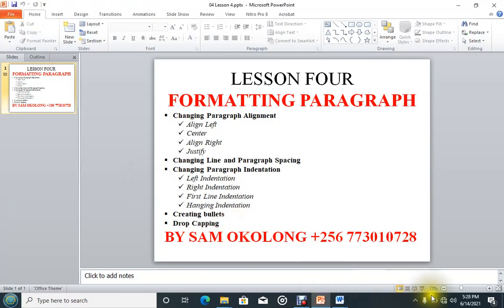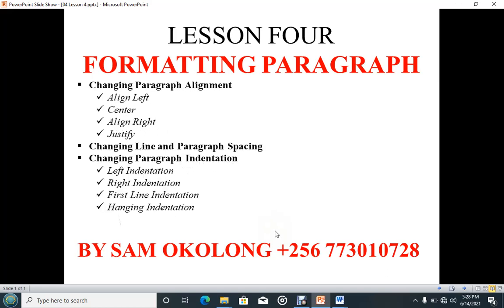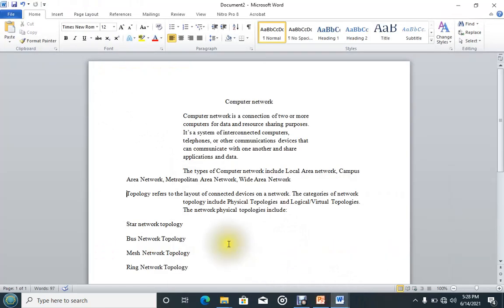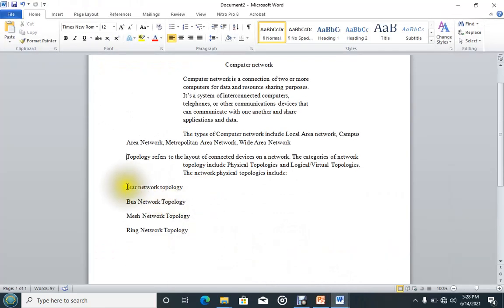Then these other ones here, we have creating bullets. For example, you may want to number here, like we are having these topologies here. You may want to apply it in a numbered list or in bullets. We can do that. Before you do that, make sure you first select the list that you want to bullet.